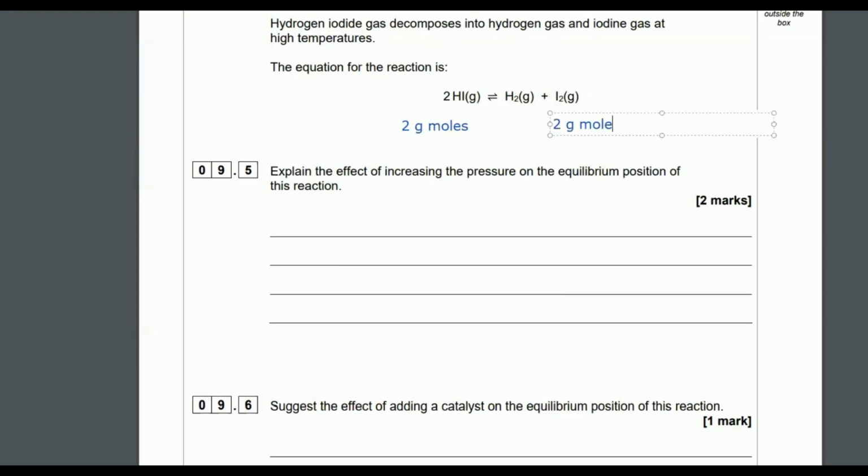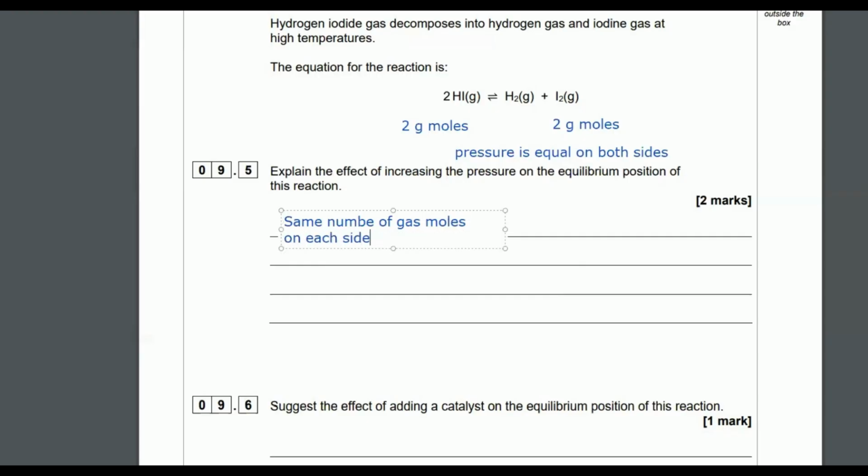Which side has the most gas molecules? Neither. There's 2 gas moles on either side. You've got a big fat 2 in front of the HI, but then we've got H2 and I2. They're 2 separate molecules, so they're also a 2. Even though they don't have a 2 in front of them, there's also 2 gas moles on the right and 2 gas moles on the left. Same number of gas molecules on either side, which means the pressure is equal